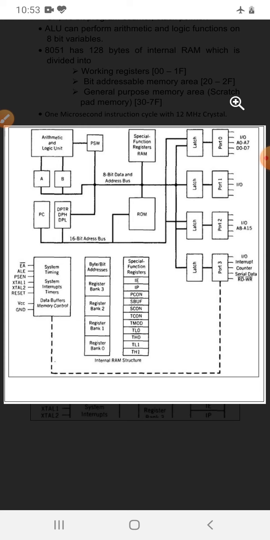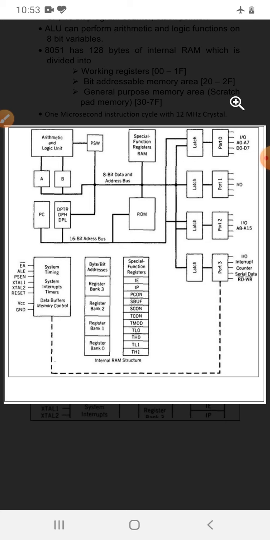Except these two operations, register B has no other function to perform. It can just be used as a temporary storage location where data can be saved.